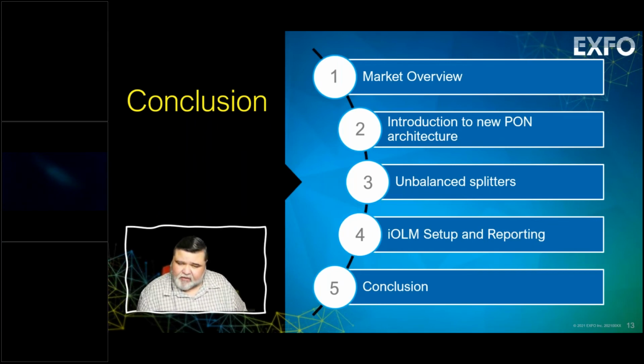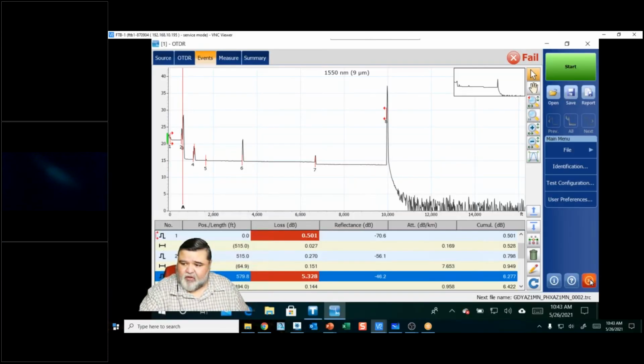I'll get with the folks at S&S, like a chart of all of the attenuation, the loss based on the different types of taps versus the different types of ratios. There's some pretty good tables out there that talk about that and how that works. Because then that'll give you a better idea, because when you're looking at an IOLM trace, in this case OTDR, just so I don't have to run another test,